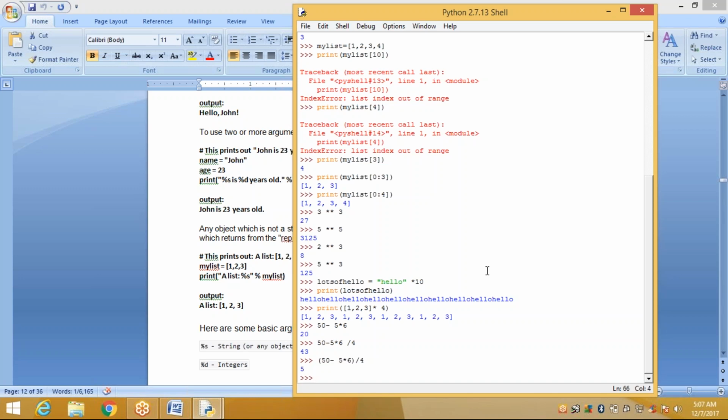So how to write those things? Suppose you give integer and integer, they directly display integer values. Already we have seen here 50 minus 5 into 6 divided by 4, all are integer values, so it displays an integer. Suppose I give 17 divided by 3.0. So 17 is an integer, 3.0 is a floating point. Which value displays, floating or integer?